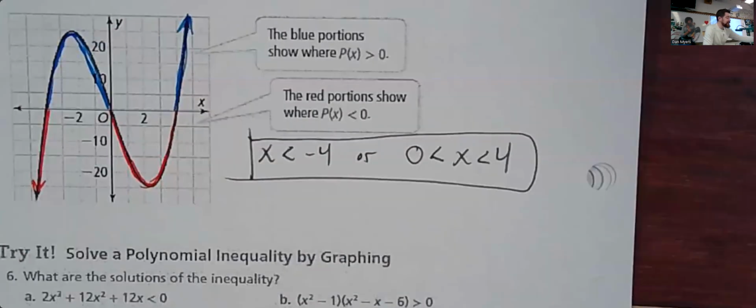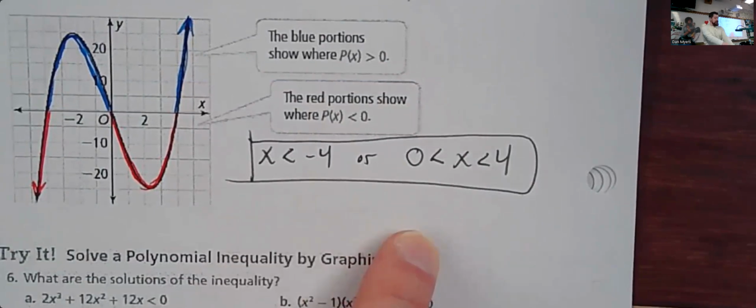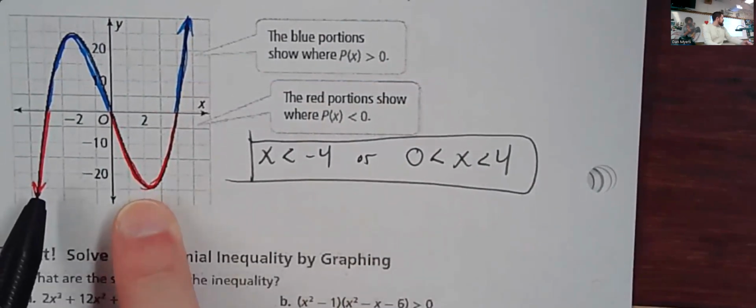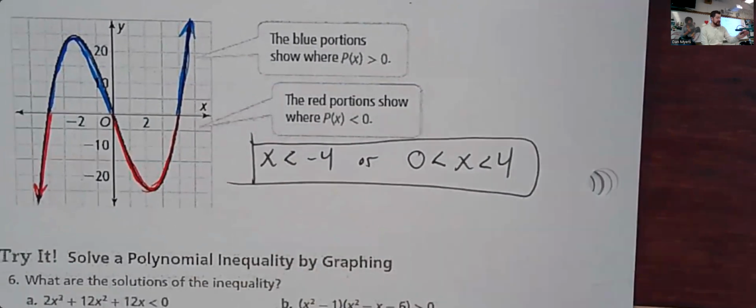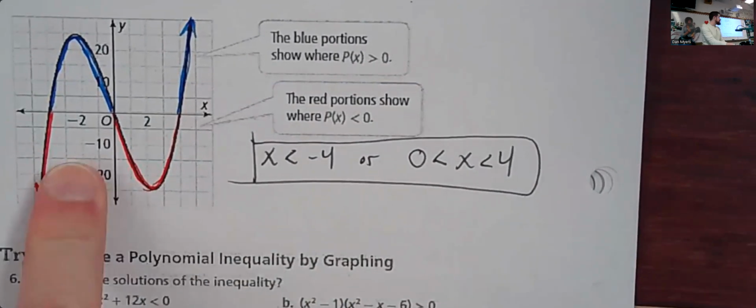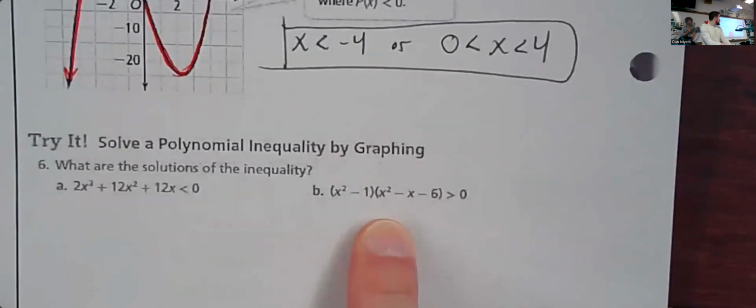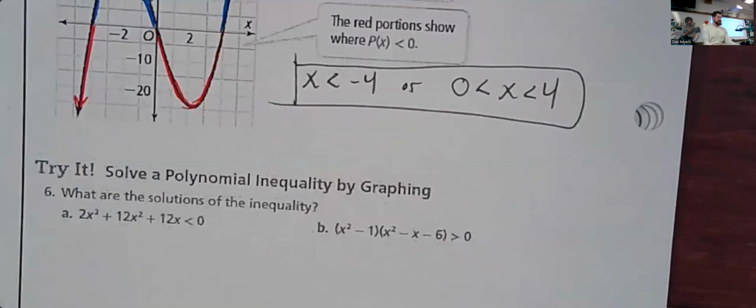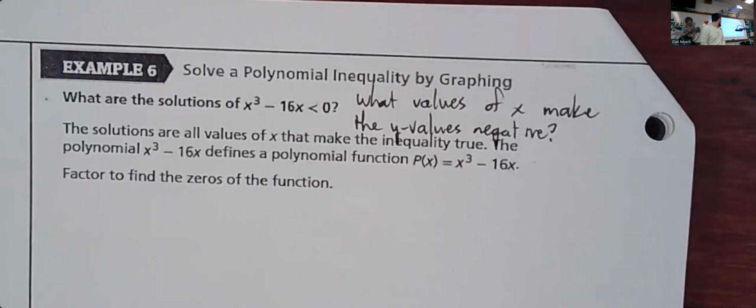Now we have to figure out how we can actually solve that using some algebra. So now that we know our answer and that we hopefully understand what we're trying to figure out, let's go back and actually do this using some algebra because we won't have the graph to look at on those problems. So we need to understand what's happening in order to actually make these determinations. So first thing we're going to do